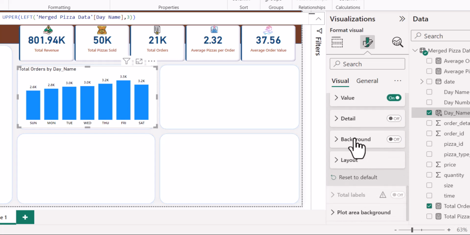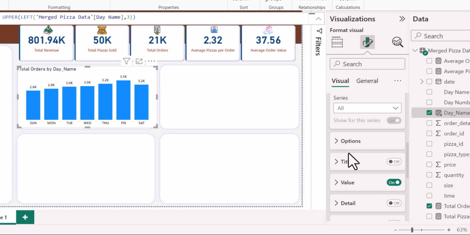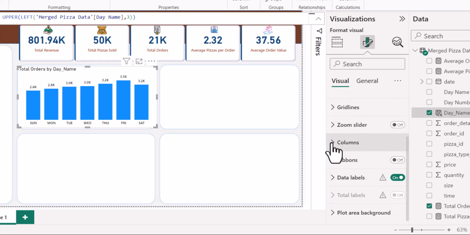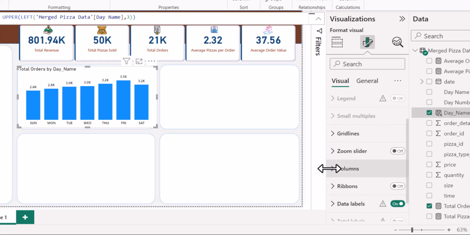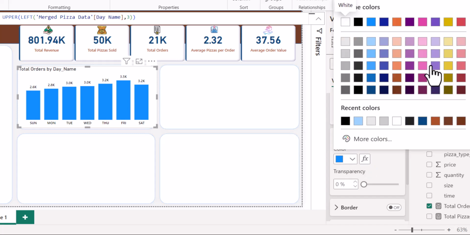Okay, I'll minimize that, and I'll minimize the data labels. Now I'll go to the column. The color of the bars right now is blue. This blue. I'm going to notice that you can select any color that you want, but I'm going to use